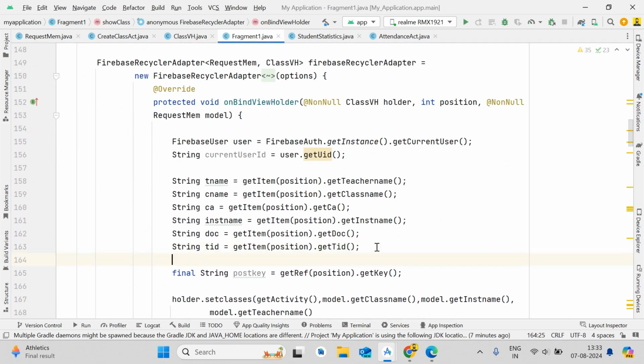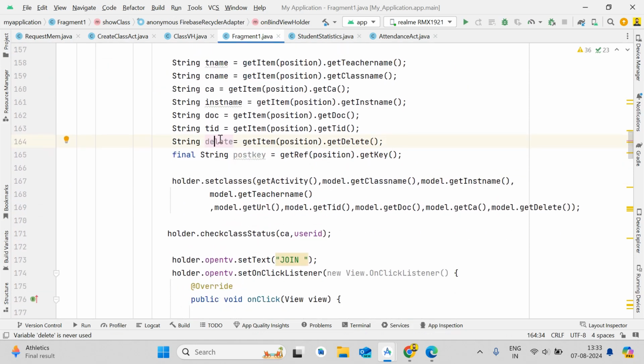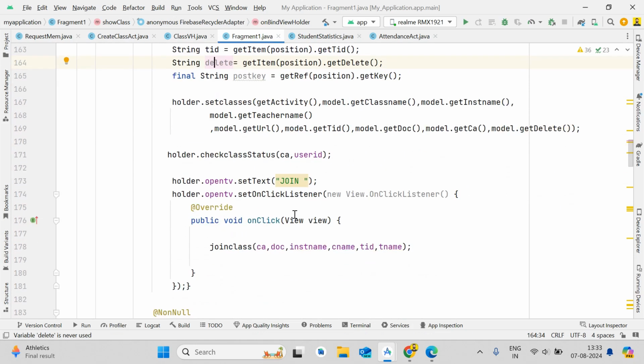So basically we are trying to join. Okay, so no matter if the user searches the class or the class is already existing, we need to fetch the delete value for subscribing. Okay, so now after that what you have to do is, this time when the user will click on it,